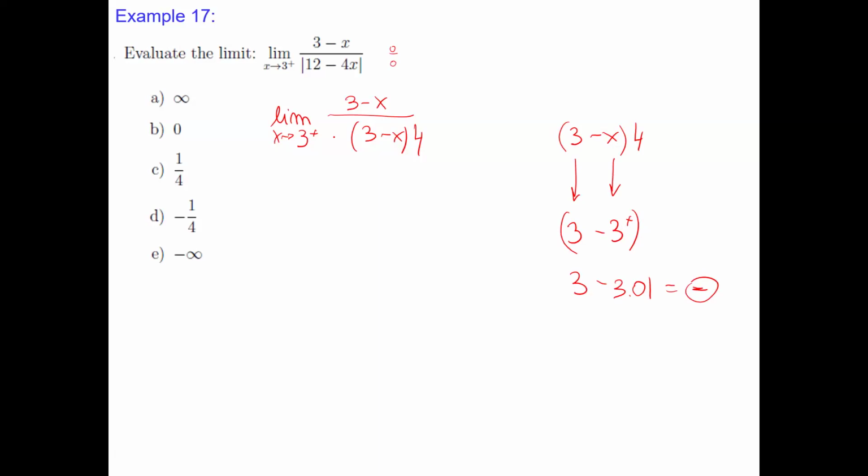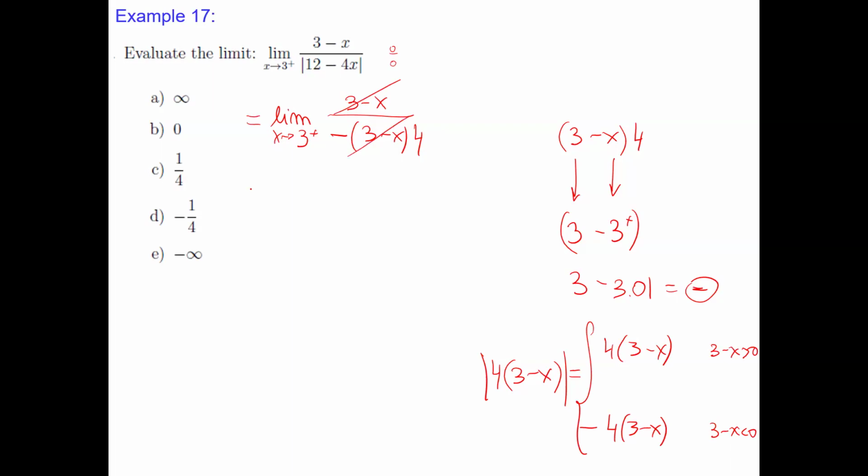That means if this is negative, I have to put a negative, because we remember if the quantity is negative, the absolute value of 3 minus x changes sign, and if the quantity is positive, we're not changing anything. Okay, that's the definition. Now that we have this, we can cancel out the common factor, and I think the final answer is